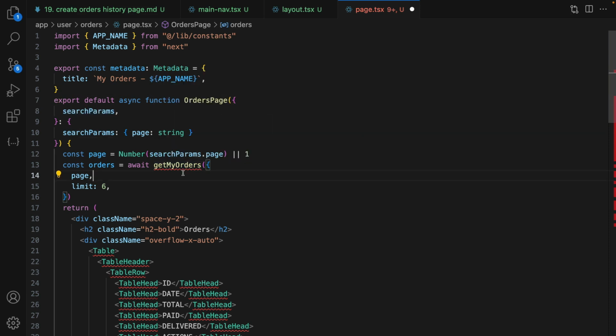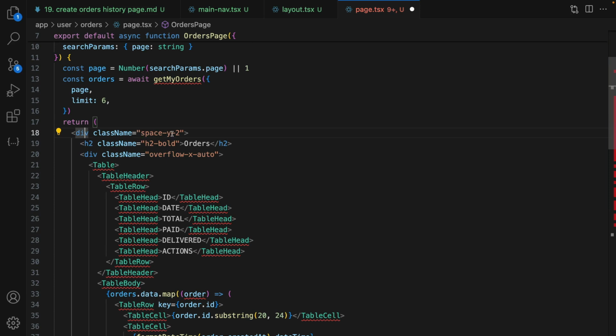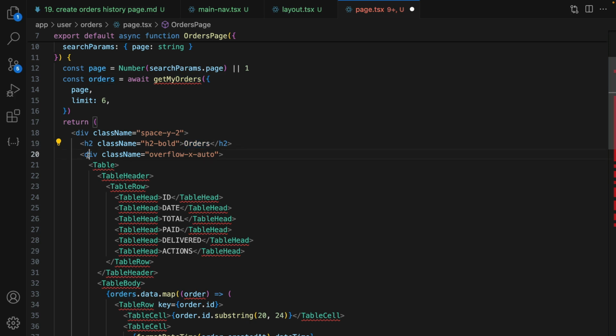We are going to implement pagination for orders. That's why I need to get the page from the query string and then call this function, getMyOrders. We implement this later. The parameters to this function are current page and limit. We are going to show by default page number 1, last 6 orders of current user. In the return part, return a div, create vertical space, in heading 2 render orders, and in a div render